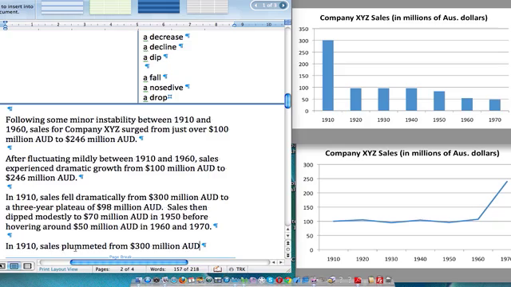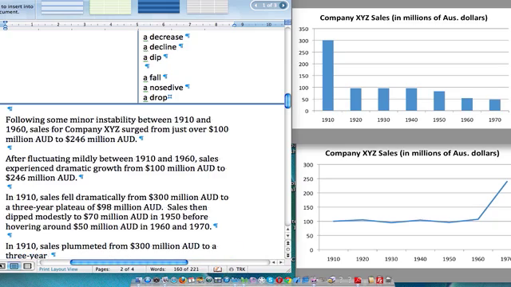And again, plummeted is sort of like surged in that it has so much meaning behind it, you don't really need to qualify it further. If I were to say sales majorly plummeted, it just sounds kind of awkward because plummeted already has the major meaning behind it. Okay, 300 million Australian dollars to a